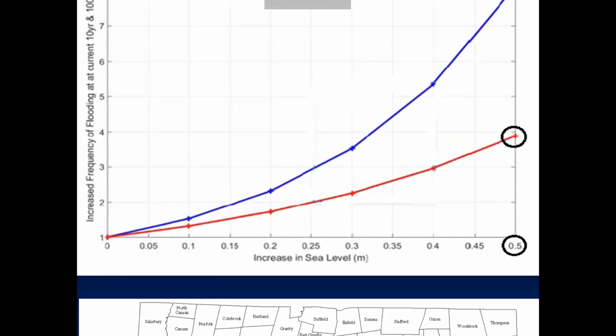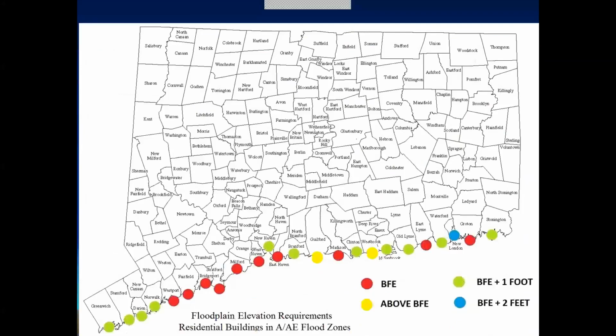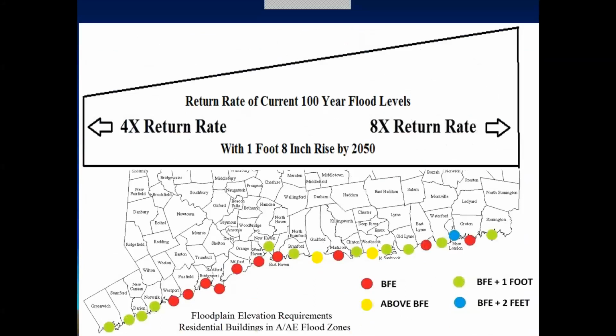One of the exciting policy conclusions about this is there was a gentleman who worked on this project for a long time, Bill Rath, and Bill's team went out and they looked at what are the actual base flood elevations. How are the towns actually treating their base flood elevations at the time of this? Have they been experiencing this already? And what we found was yes. When we look at it, what we see is that the towns going roughly from New Haven onward are already elevating their base flood elevation.